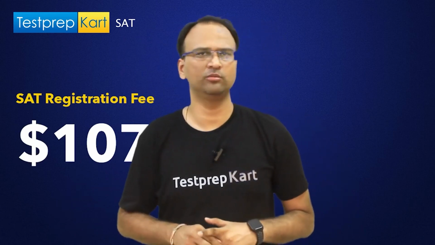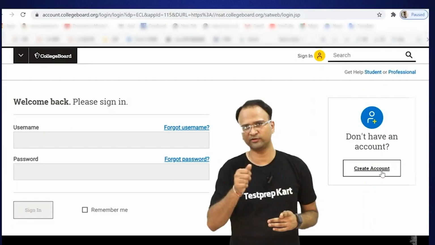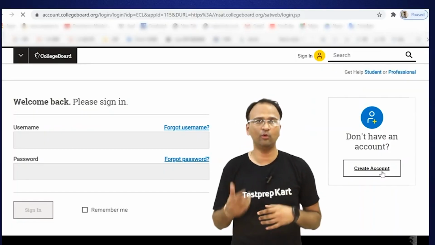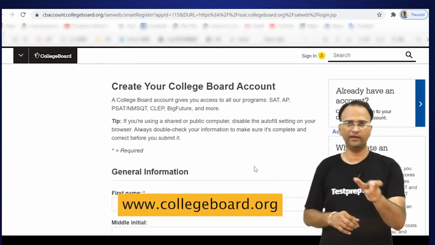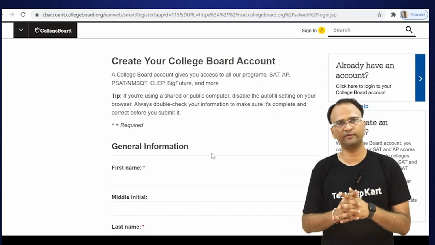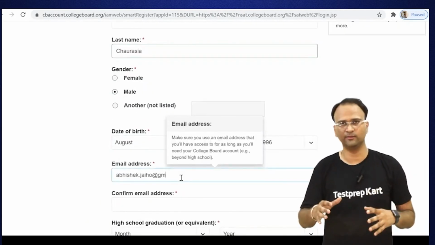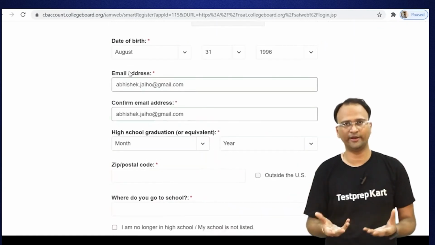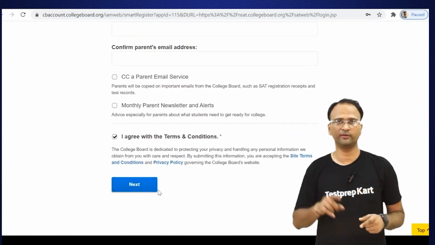You can pay it through debit card, credit card, PayPal, and they accept drafts also. These are the modes, and for this registration you have to make an account on collegeboard.org. The link is here. When you click, you will be able to go to the College Board. Just create your full profile there. With the help of this account, you will be able to select your SAT center because the SAT is conducted worldwide. Make sure that you do not make any mistake while making this account, because this is going to be